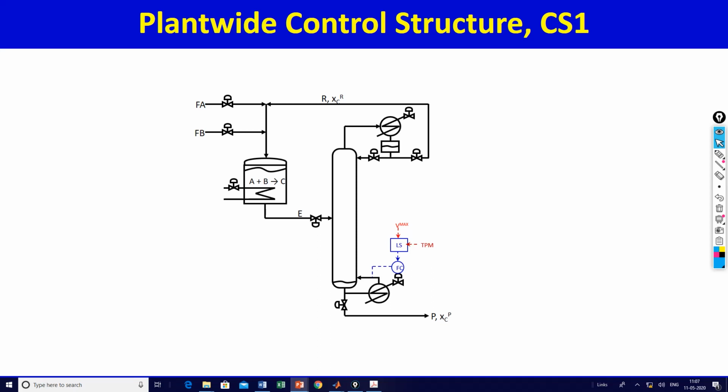Okay. Now Vmax, or vapor boil up, is not available for temperature control. So what we have to do is we'll have the column level control this way. Throughput manipulator is done, so let's design the control system around that throughput. So level control will be this way: flow control, pressure control, level control, that's standard. Temperature control cannot be done this way on the column, so we'll do temperature control this way.